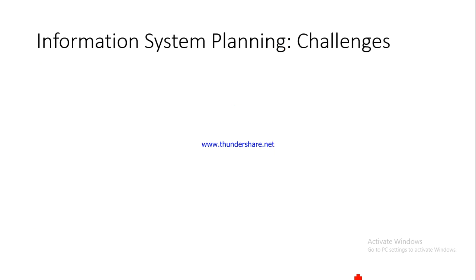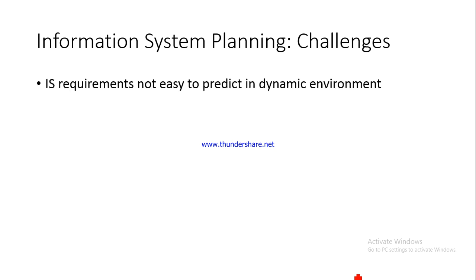Now let us move over to the challenges in information system planning. What all challenges are there in information system planning? Please understand, and we have discussed it many a time, that the environment is very very dynamic. The only thing which is constant is the change itself. So the environment keeps changing, and since the environment keeps changing, your information system requirements will also keep changing. In the 1990s, banks used to rely less on information systems, less on management information systems, and they used to rely more on manual information systems.